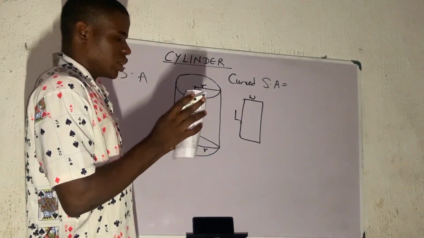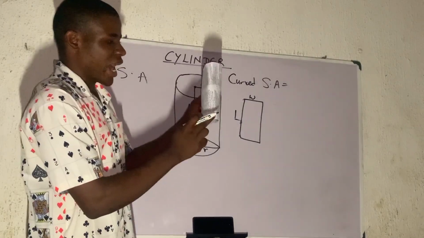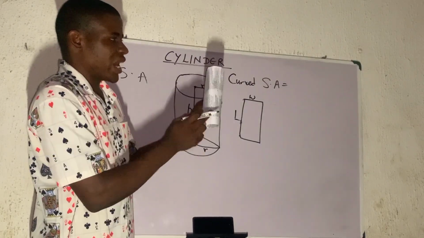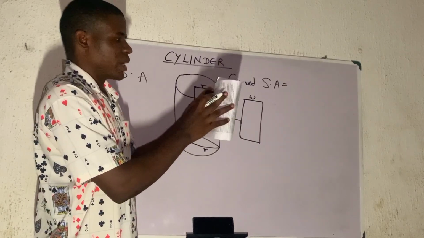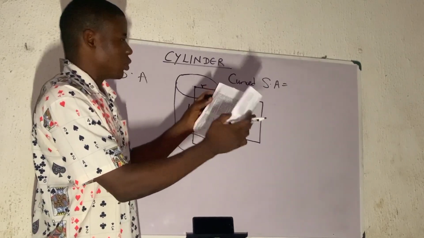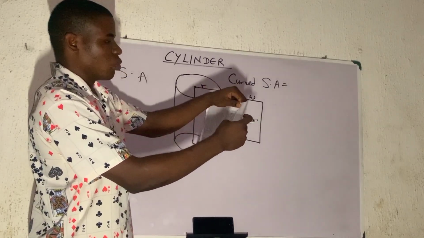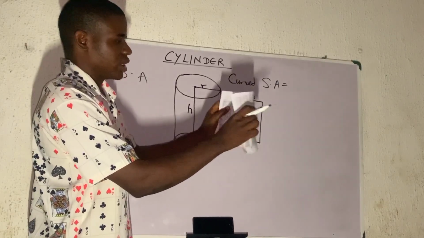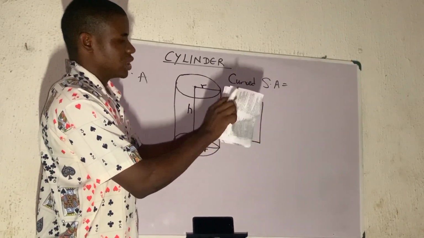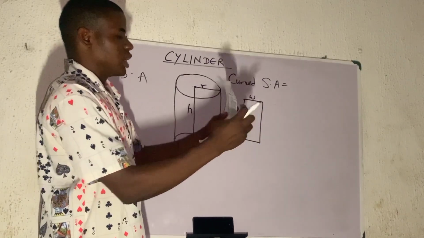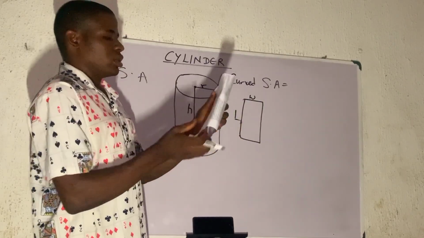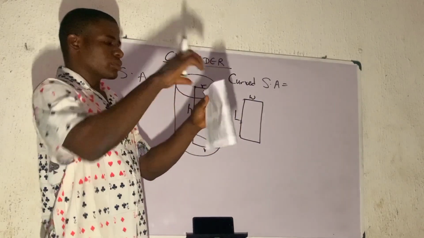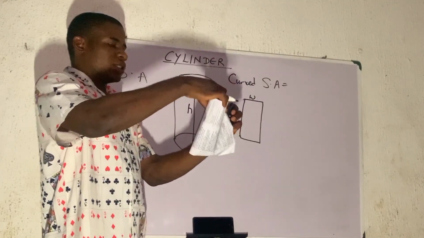Now, if you watch closely, from here to here is the height of the curved surface part. And this same height is what formed the what? Watch out, let's explain this better. If you watch, this is the cylinder. It is formed like this. So we have a hollow surface like this. And the curved surface part